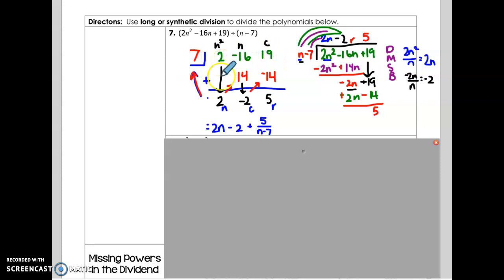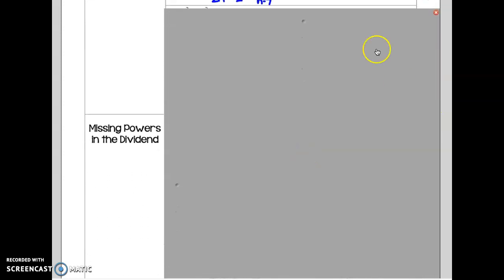To get the problem started, drop the 2 down. It's below the line, so we multiply, fill the next spot with a 14. 2 times 7 is 14. Add together, I get negative 2. Fill the next spot by multiplying by what's in the box. Negative 2 times 7 is negative 14. Fill the next spot. Add. Oops, I forgot that last arrow. We add. So this whole time it should be a zigzag pattern to fill the next spot. 19 minus 14 is 5. Okay, for the next one,